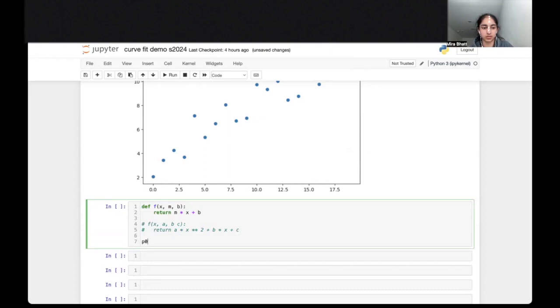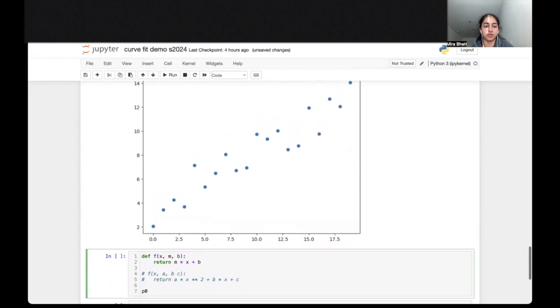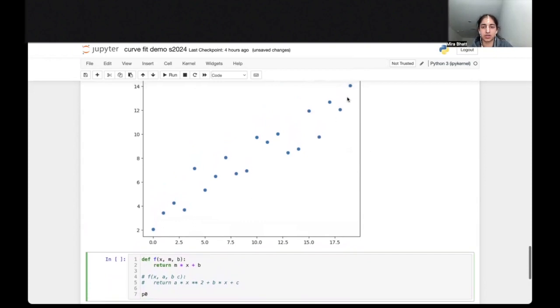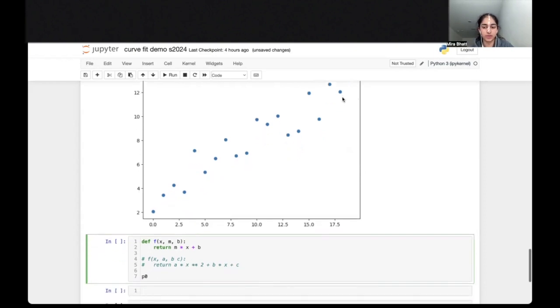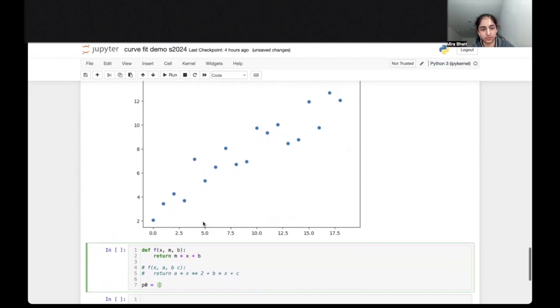So next, let's come up with our guesses for p0. And again, p0 is, if we look at the data and I think that this is a noisy representation of a straight line, about where do I think the values of the parameters are? So about what do I think the slope is? And about what do I think the intercept is? I'm going to pretend that I didn't generate the data myself, and I'm going to say that the slope looks like it's